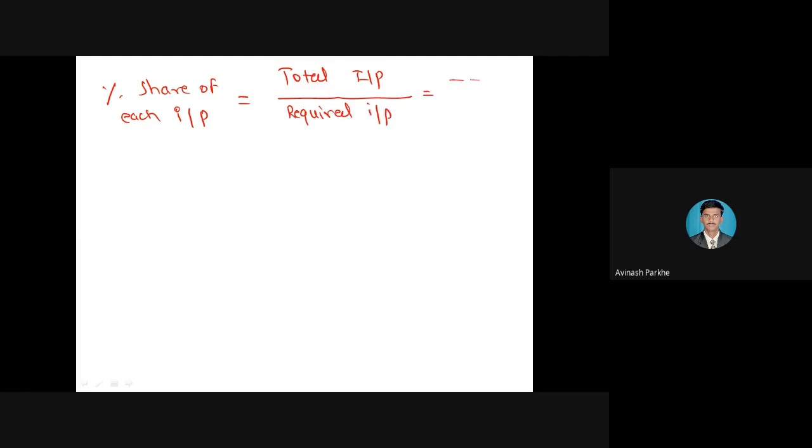This total input will be the same, but the required input consists of material, then labor, then capital, then author. Whatever the number of inputs given, those are your required inputs. If I divide the total input by the required input, I will get the percentage share of